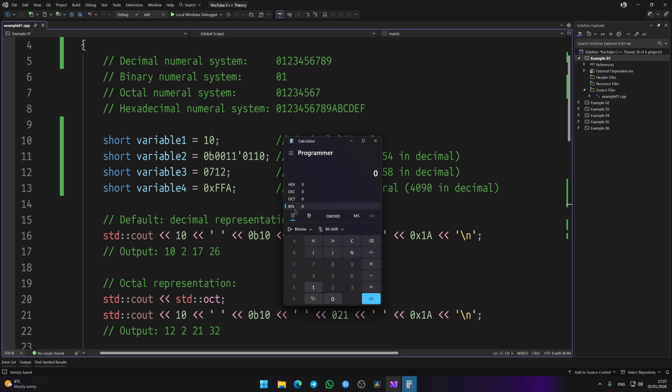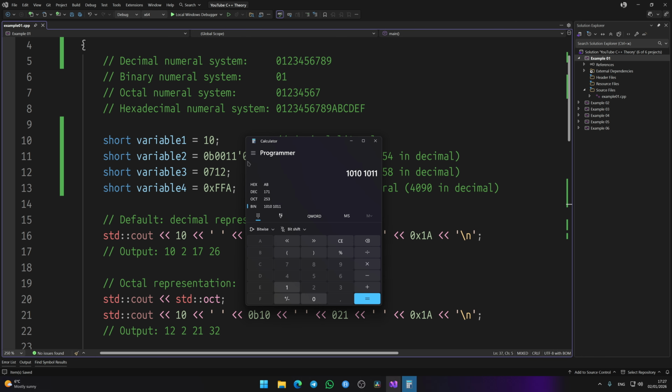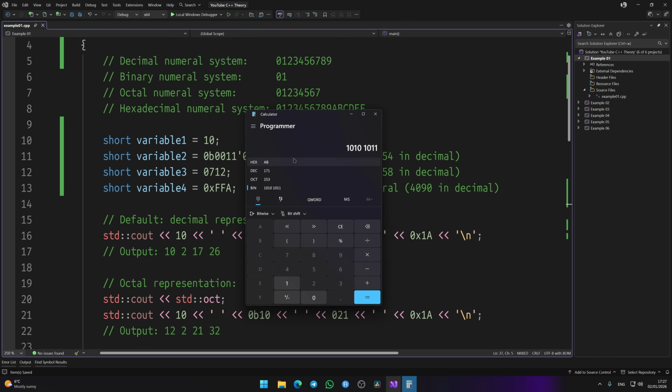For example, let's say I want to type a number in hexadecimal, specifically AB. I select the hex mode, and now the calculator shows a column of letters. I press A and B, and I can instantly see what that value equals in other systems: 171 in octal, 253 in decimal, and 10101011 in binary. This way, you can easily enter numbers in any of these systems and instantly see their equivalents